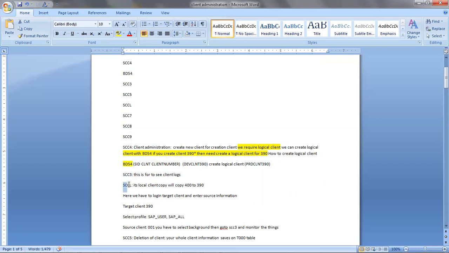Now you see SCCL. What is SCCL? It's a local client copy. We'll copy 400 to 390. What is the local client copy again? Local client copy means